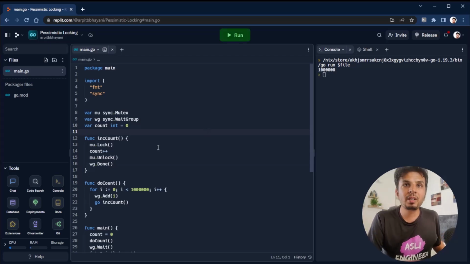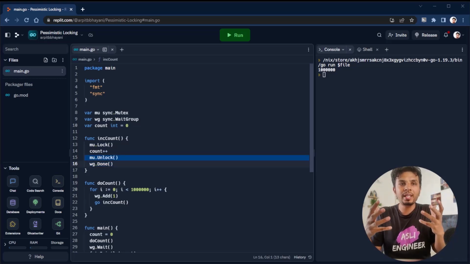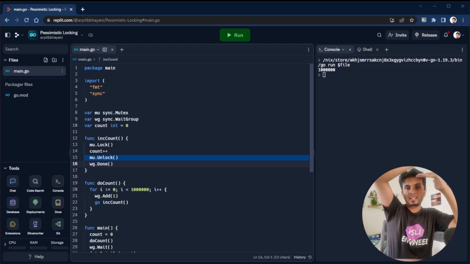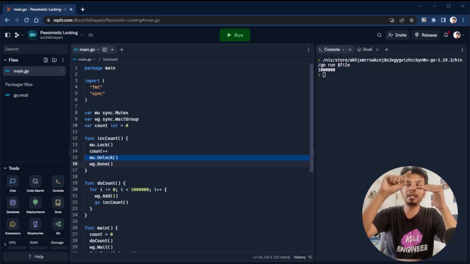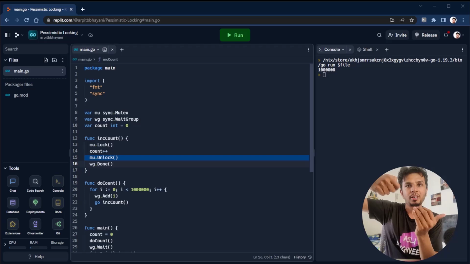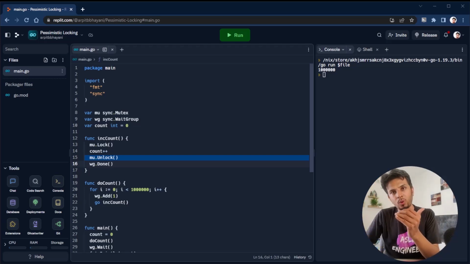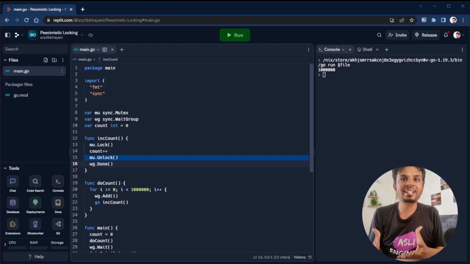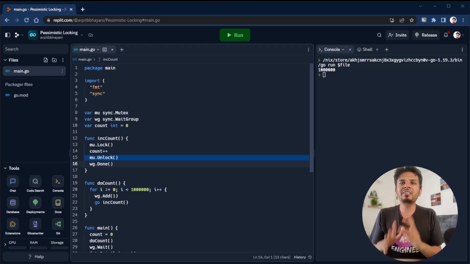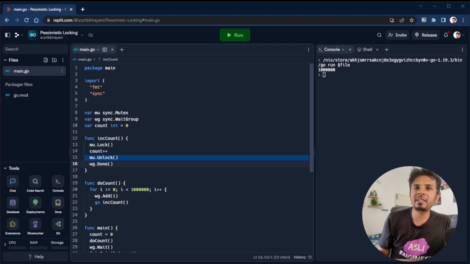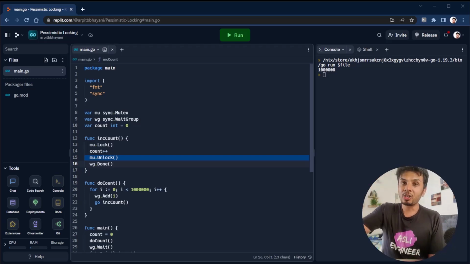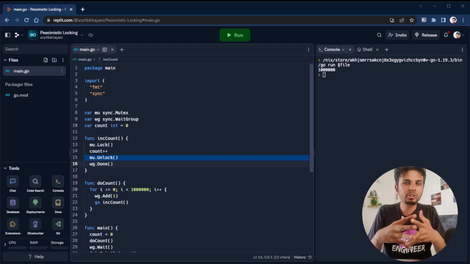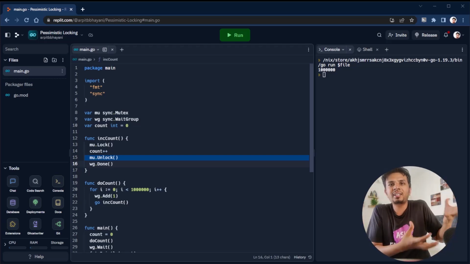Why is it happening? Because we wrapped our count++ with mu.Lock and mu.Unlock. It ensures that even if I have 1 million threads all wanting to do count++, only one thread would be able to acquire the lock, move forward, and then release the lock. Once it releases the lock, another thread would move in, do the increment, and release the lock. That's the core idea behind it. But now you can very clearly see the problem in this approach. The problem is performance. You had 1 million threads all wanting to do this, but 999,000 threads are just waiting for one thread